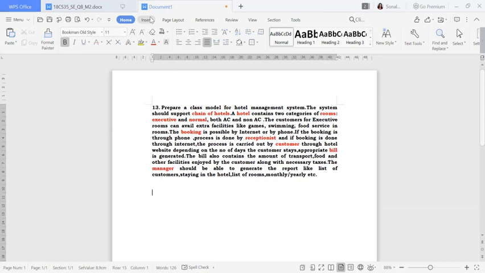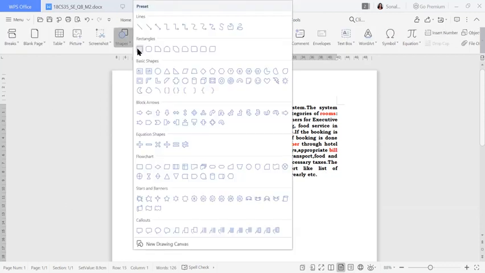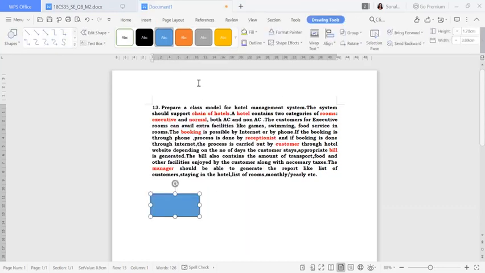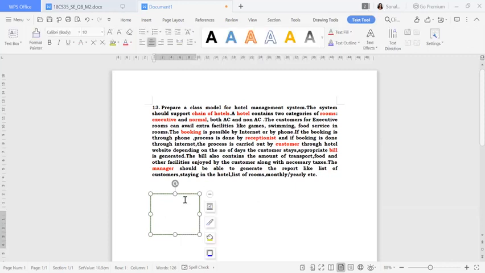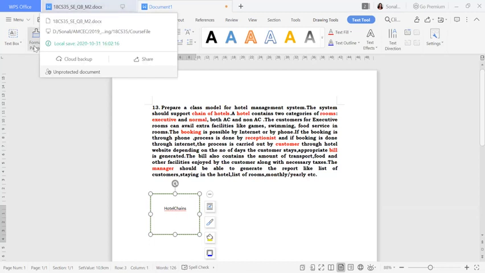Fine. So through this, now we are going to draw the class model diagram. For that, first I have to take the rectangular box. Okay, so here I'm going to write, and also I need to divide it. As I told you, we always have to write the class name, object names, attribute names and function names. So here I'll just add the text for the first one, chain of hotels. So I'll write hotel chains. Because it will have many varieties of hotels, chains will be there for different places, so that will be another one.